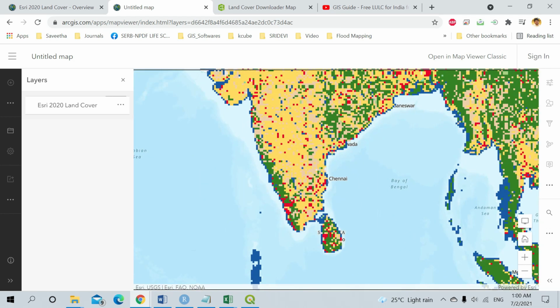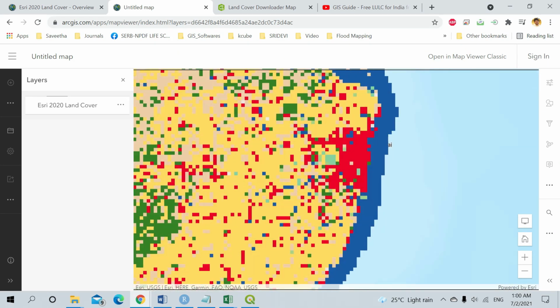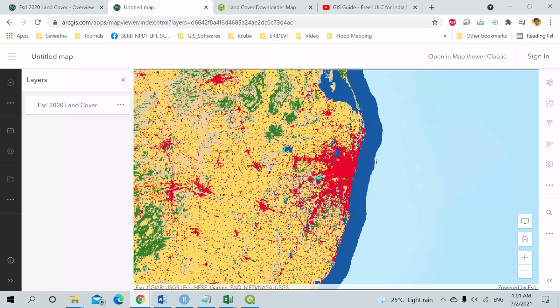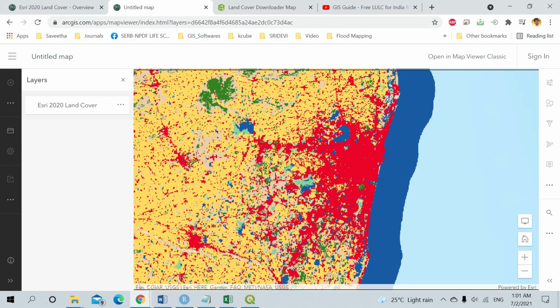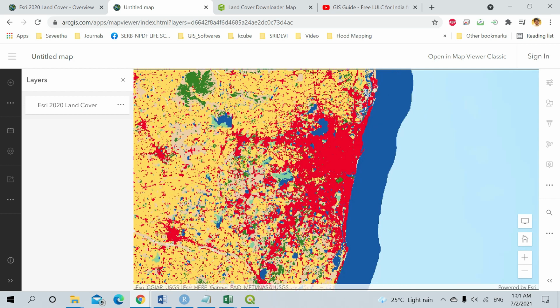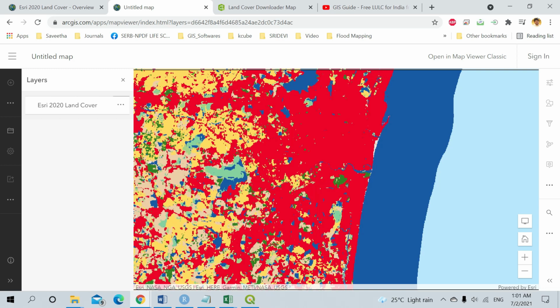As an example, we'll see how the quality of this image is. When you go to this particular location called Chennai, which is present in India, and look at Chennai's classification, you can see that the locations are properly classified. You can see this Chembarambakkam Lake, the Pundi Reservoir, and the built up locations properly classified. Also you can see this IIT Chennai campus in the middle of the city, which is a bit greenish in color, because it is covered with vegetation.